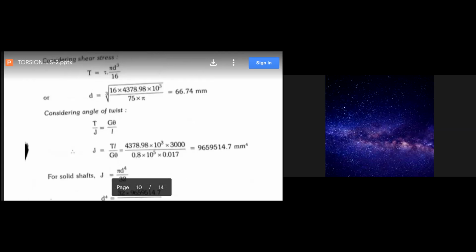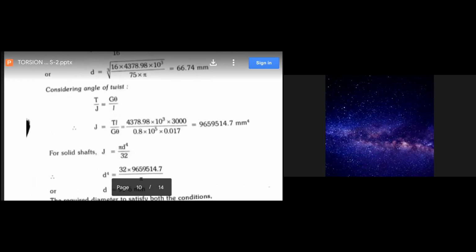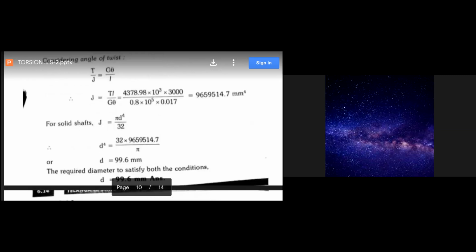And by considering its angle of twist, we have to calculate the diameter of the shaft. So here T by J is equal to G theta by L. So J is equal to T L by G theta. So substitute T value, that is 4378.98 into 10 cube into L 3000 by G value 0.8 into 10 power 5 into 0.017. So we'll get J value equal to